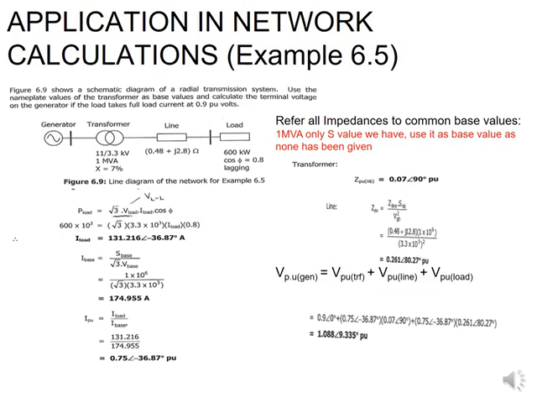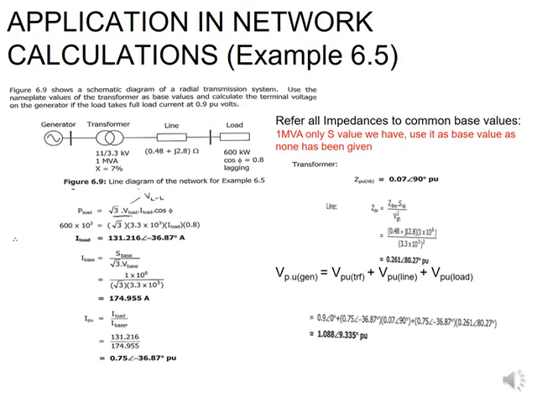And then for my line, I simply take the line impedance that I had, which is a 0.61 at 80.27, and I multiply that by my I per unit. And then for my transformer, I take the 0.07 and I multiply by my per unit current as well. So therefore my generator voltage in per unit is 1.088 at